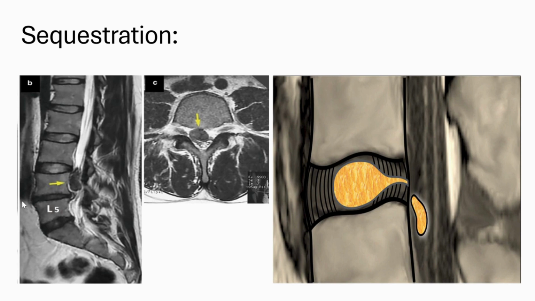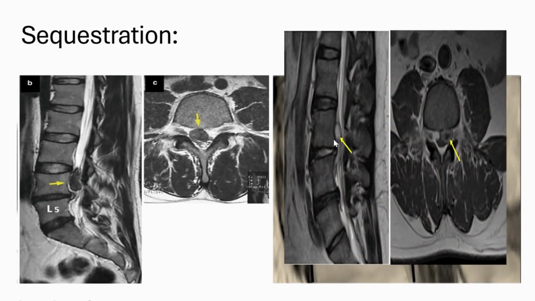In this image, we can see this is the T2 weighted sagittal image showing herniated content from the L4-L5 level, migrated cranially and detached from the parent disc. So this will mimic an epidural mass. This is the axial image showing the migrated content, at the vertebral body level. We can see the herniated content noted in the epidural space causing posterior displacement and compression of the thecal sac. In this image, we can see there is migrated content sequestered within the epidural space, and this is the post-contrast study showing peripheral enhancement of the sequestered content.